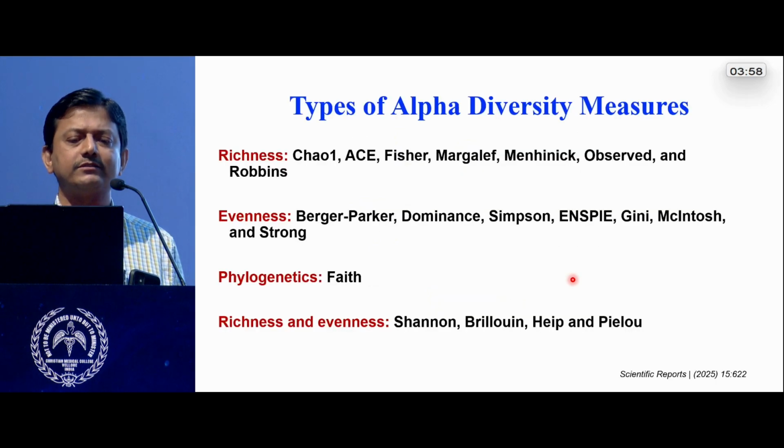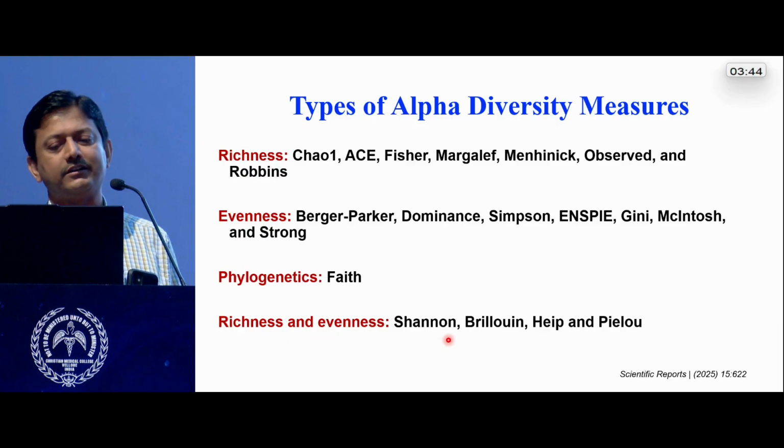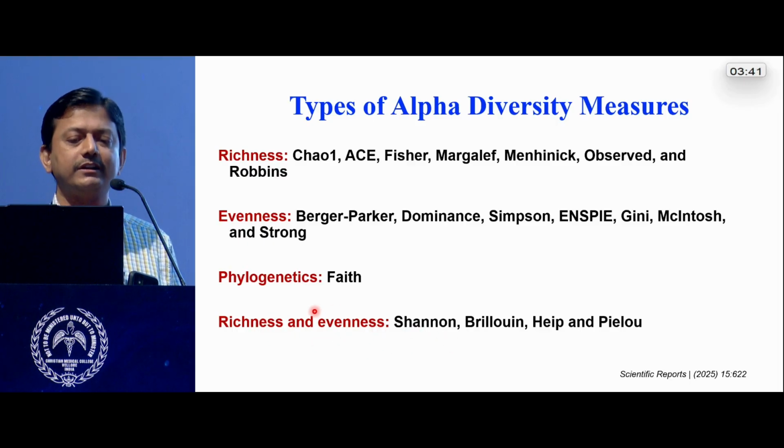What is the evenness? What is phylogeny? And based on this, there are too many different types of things which you will come across. All these names are difficult to remember. But you should look at what they are looking at. Are they looking at the richness, evenness, phylogeny? And some of them also use a combination of features, like Shannon, etc., where the richness and evenness are actually